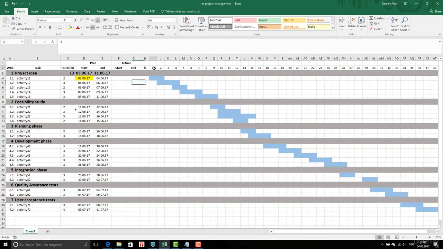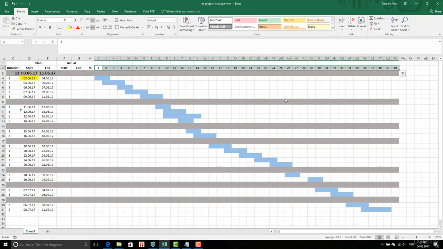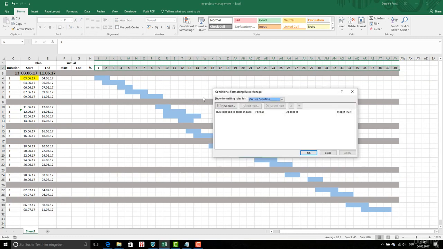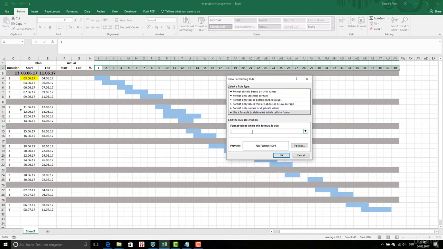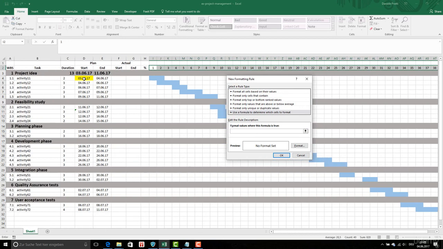You can also add here a format. This one, conditional formatting, manage rules, new rule based on a formula again, and it's equal to the following. The formula is this: if the start of the project plus this one, the column is variable, so we're gonna put into brackets -1, okay, it's equal to